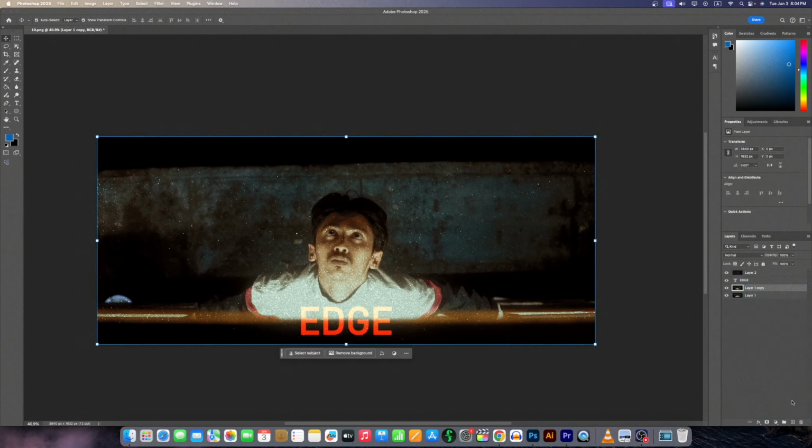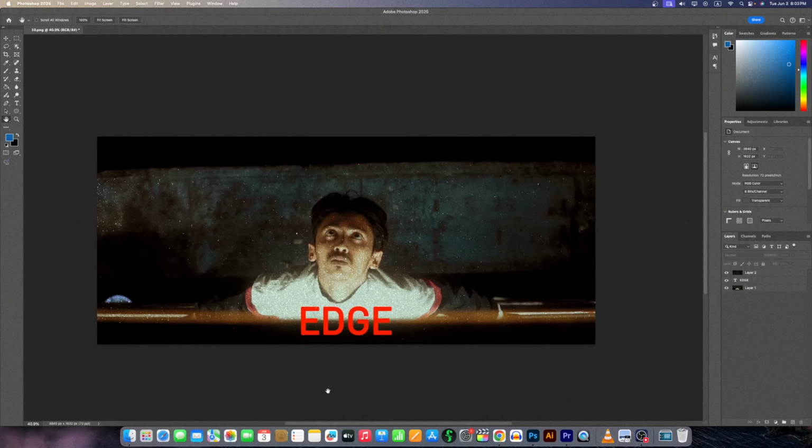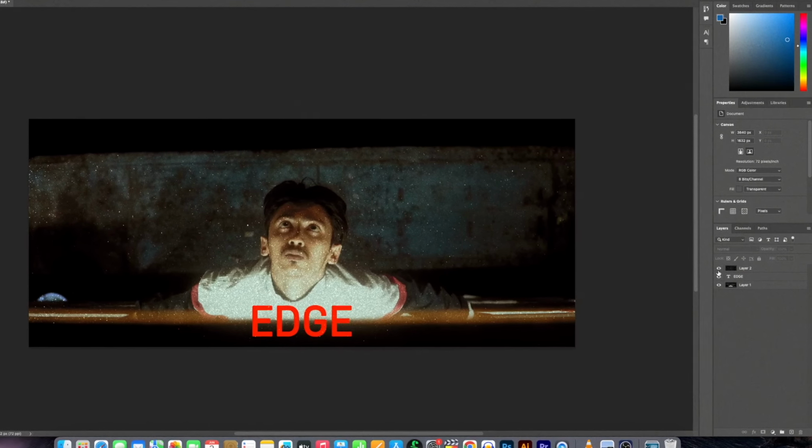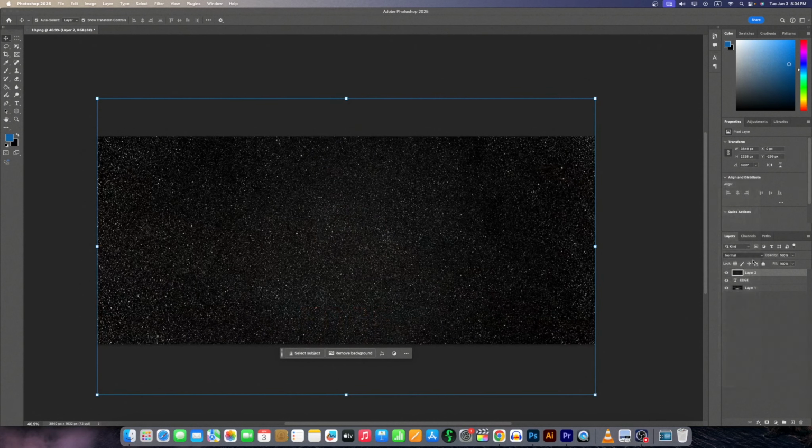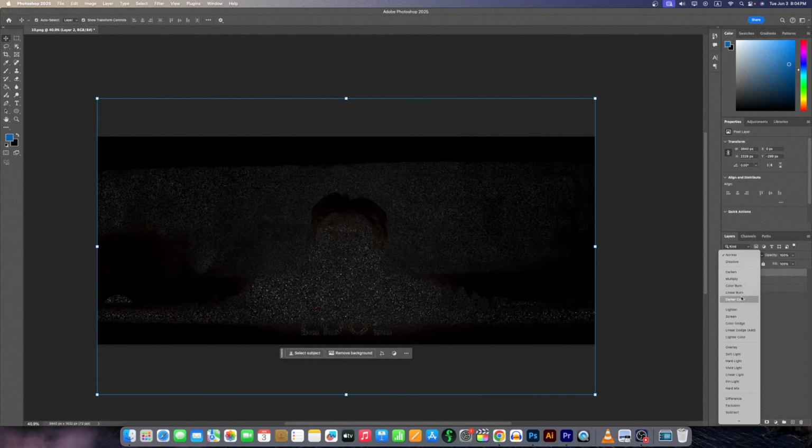Today I'll try my best to explain the layers as easily as I can. So I got my project and on the right side you can see there are three layers, and if I uncheck the layers will disappear. The middle layer is the text layer, and if I select it and move it, only the text layer will be affected. The first layer is my texture layer, and normally it will kill the whole photo, but if I